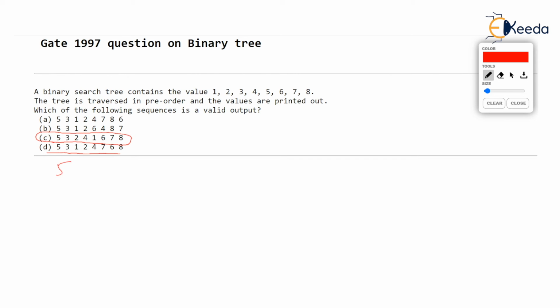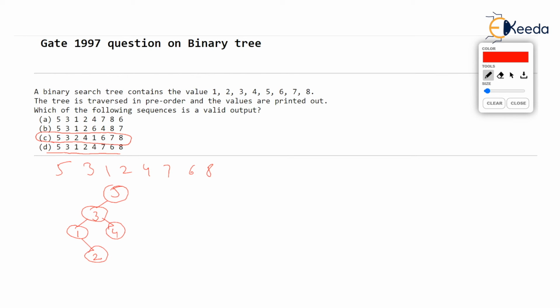Now let's take D option, 531246768. That's D option. If you construct a tree, 5 to the left of 5 is 3, to the left of 3 is 1, to the right of 1 is 2, and to the right of 3 is 4.